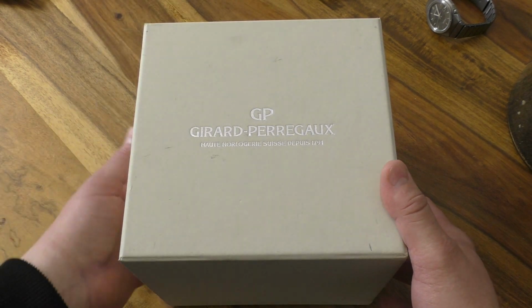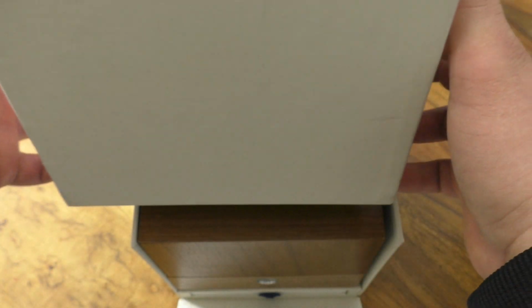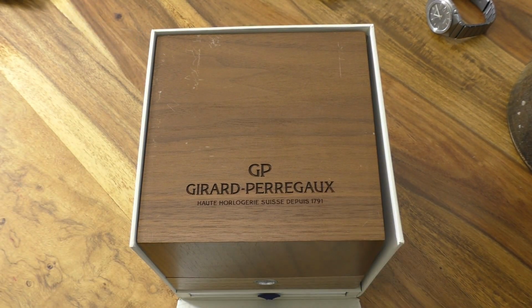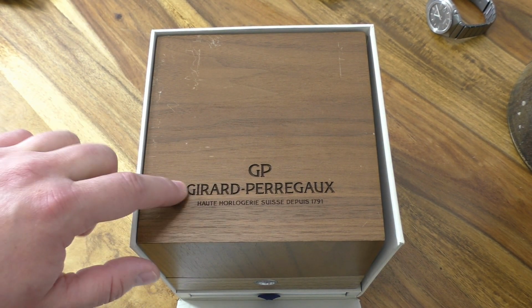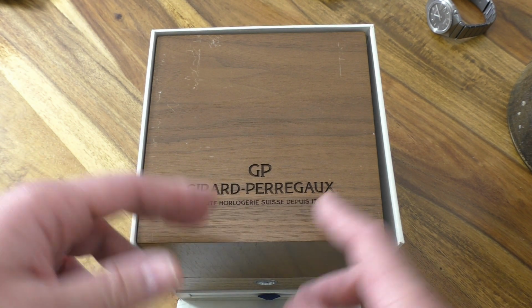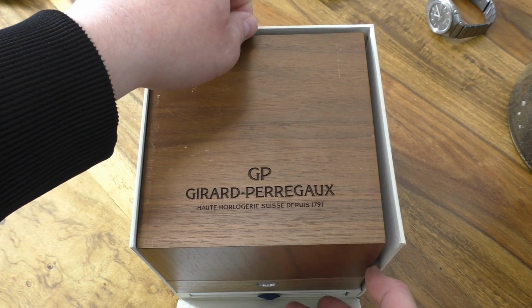Open the wooden, or we can say leather box. This is a huge box, by the way. As you see, this is very big, and inside we find a beautiful wooden box. I really like that box, a beautiful wooden box with the engraving GP and Girard-Perregaux and the date, of course. If we move out this box,